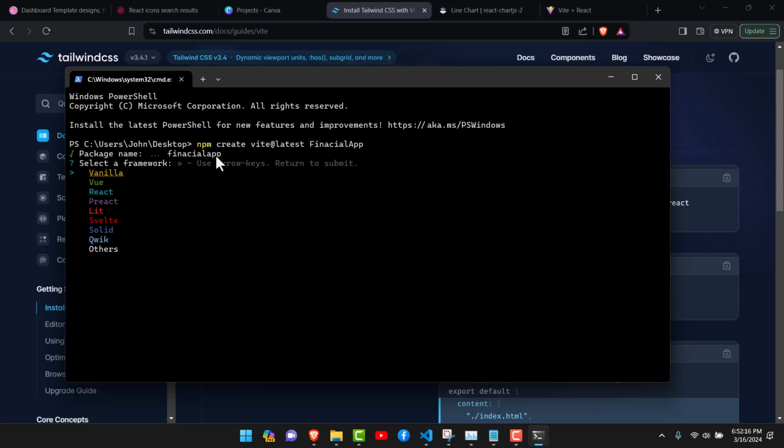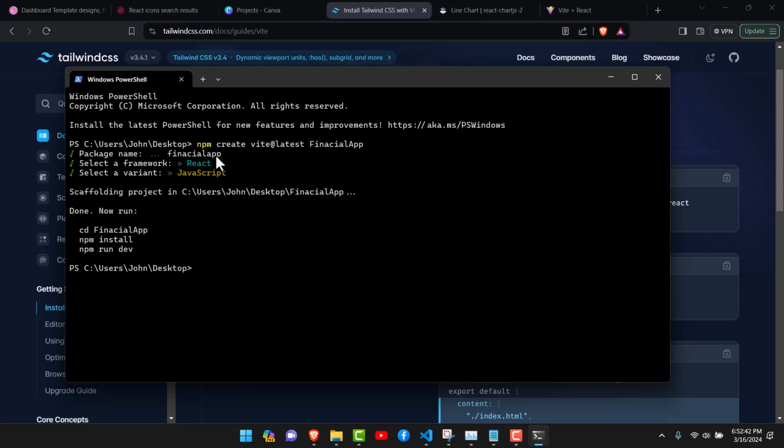And at this specific step, you're required to select the framework that you'll be using. In our case, we'll be using React, so we just use the navigation arrows to point to React, and then after that we hit enter. So here we are required to select the variant, and again we're going to go with JavaScript. So move with arrows, point to JavaScript, and then hit enter. So that has run successfully, and all that we now need to do is to cd into financial app,